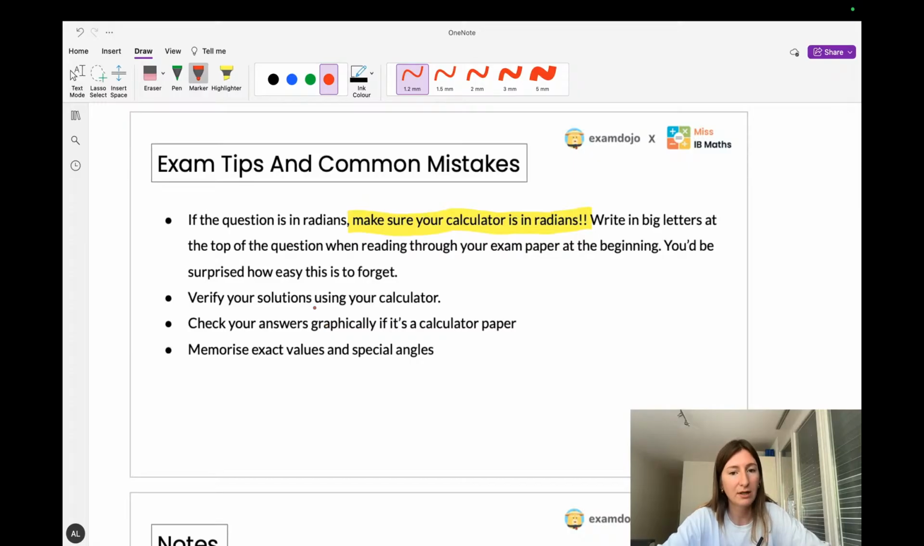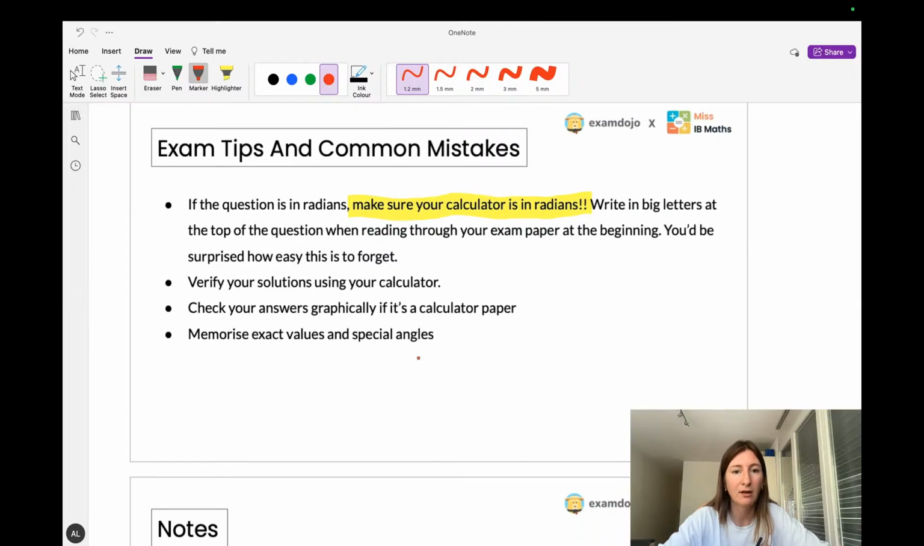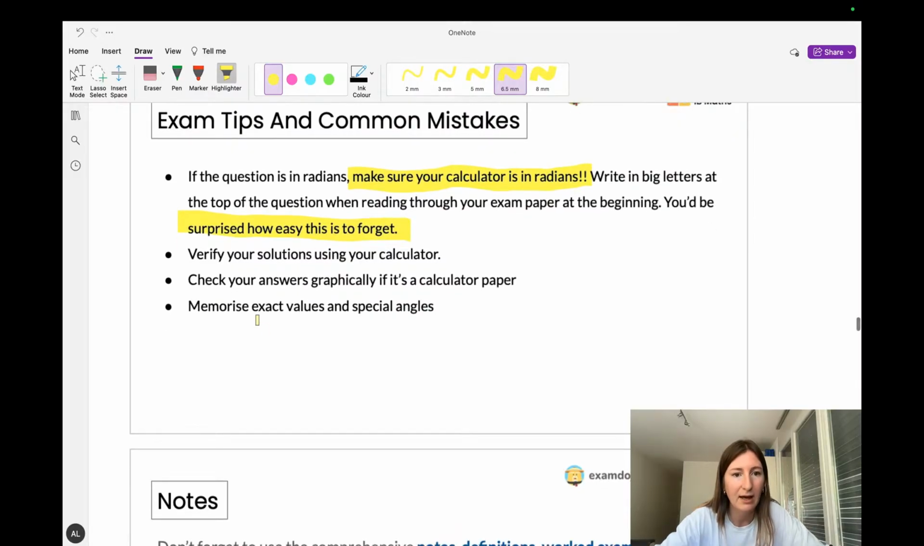Verify your solutions using a calculator if you have it. Check them graphically if you have your calculator. Just saves so much time. I'm still laughing at this. You'd be surprised how easy it is to forget. I forget. And then don't forget to